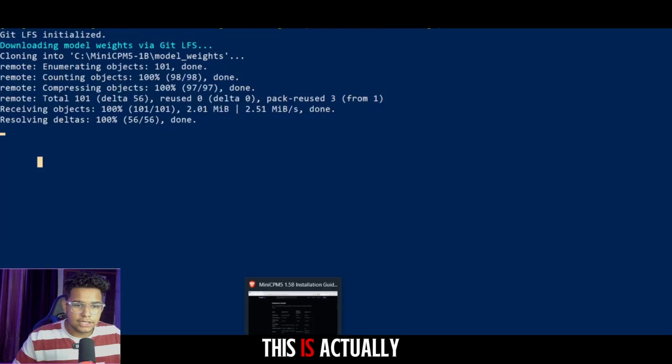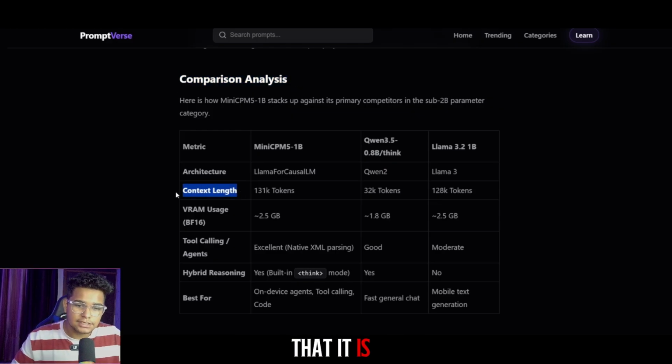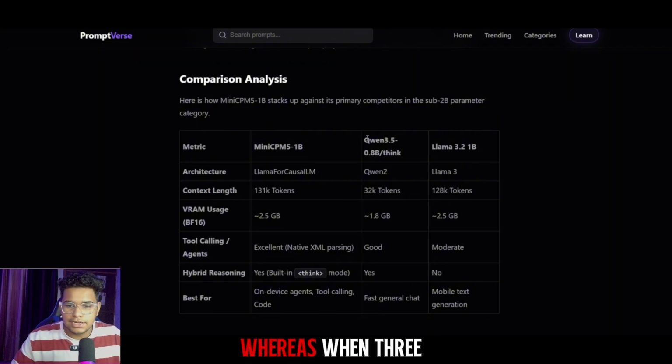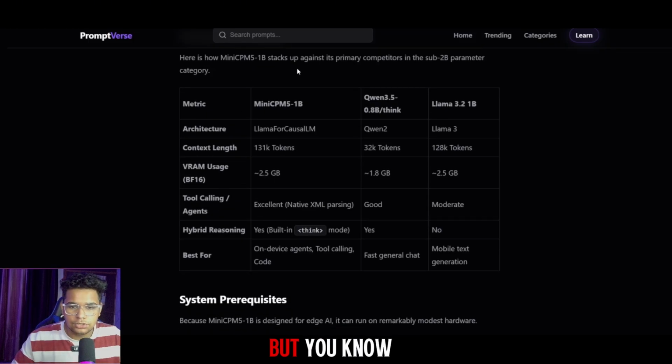Okay, also guys, while this is actually installing, I actually talked about the comparison analysis. So main advantage of it is that it is the context length. It's only 1,31,000 tokens, whereas Qwen 3.5 8 billion only has 32,000 tokens and Llama only has 1,28,000 tokens. Now MiniCPM and Llama 3.2 1 billion model are really close enough in terms of context length, but it has more